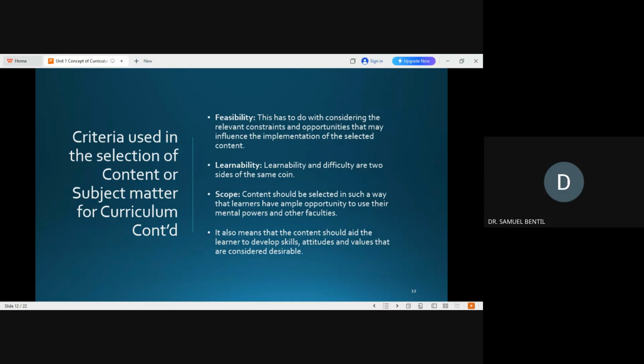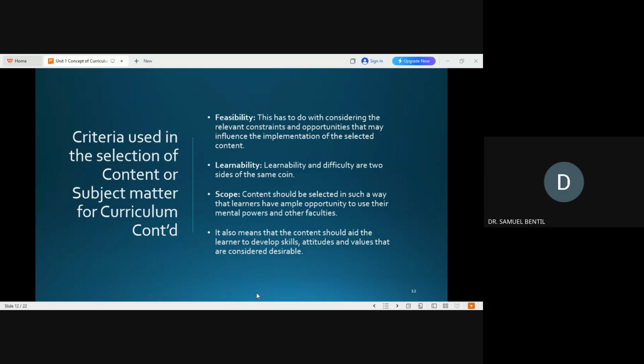Then we have what we call the scope. So content, we are saying that content should be selected in a way that learners have ample opportunity to use their mental power. Or it can also be aligned to the fact that content should aid the learner to develop skills, attitude, and values as considered desirable. So you see the scope of geography here, the scope we are talking about,